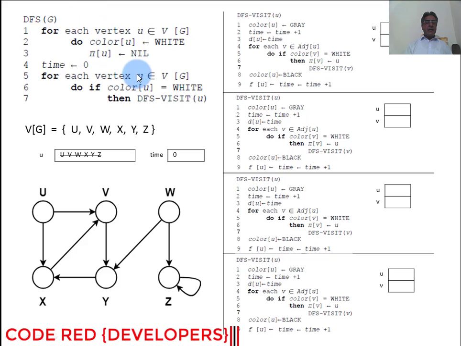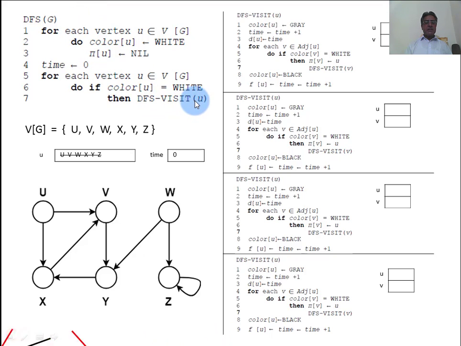This is the main graph, and from here depth first search visit U is called, and the value is passed to it, and it starts its execution, and after completing its execution, it returns results back to the main program. V of G, what is V of G? V of G is equal to the vertices of the graph: U, V, W, X, Y, Z. Because this graph contains U, V, W, X, Y, and Z. These are the 6 vertices. So V of G is the set of these vertices.